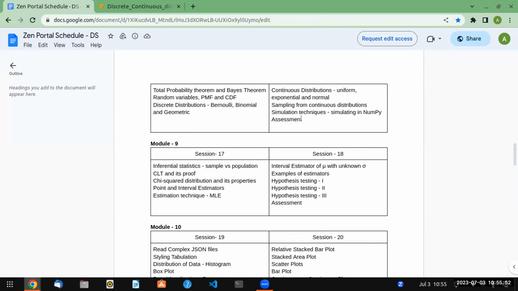Actually, I'm not getting you. Can you share your screen and show me what you are telling? In the Zen portal, we are not getting the concepts we are discussing in the class, sir. Can you show me that in the Zen portal so that I get a clear understanding? I got your point, but only about 70 to 80%. I want to get it clearly, because what I'm sensing is that the portal topics shown to you are different from what we are covering here in the class, right? That's what you're saying.